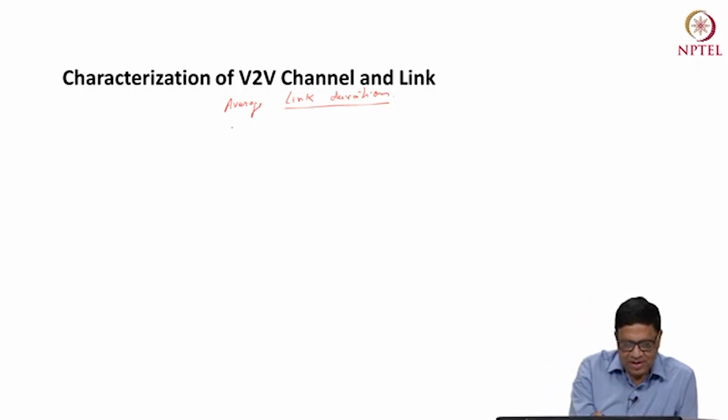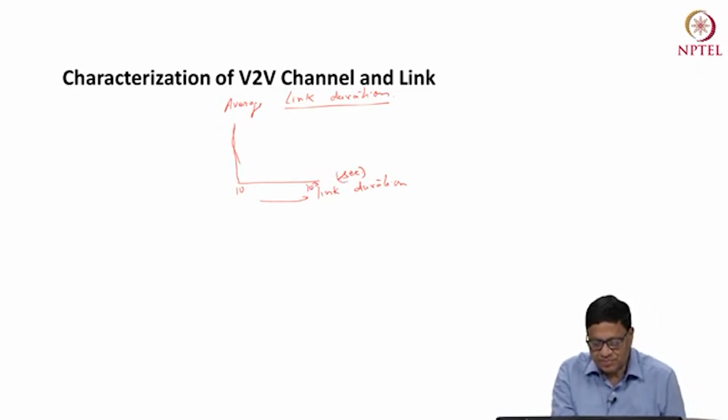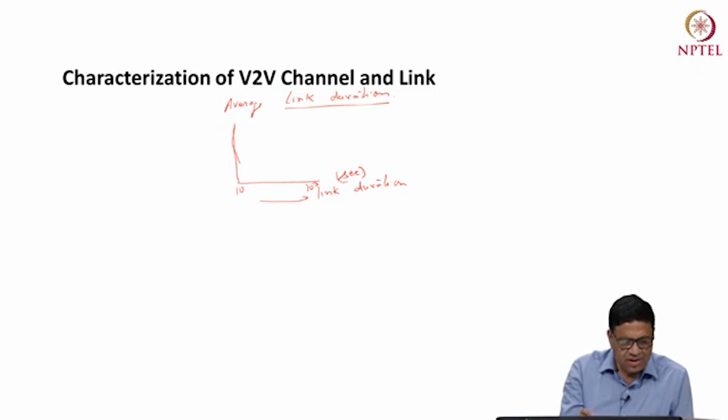So in a typical experiment, I am just sharing some results here. Suppose this is your link duration, in terms of seconds, starting from say 10 seconds to 10 raised to power 3 seconds, and suppose I plot the CCDF here,